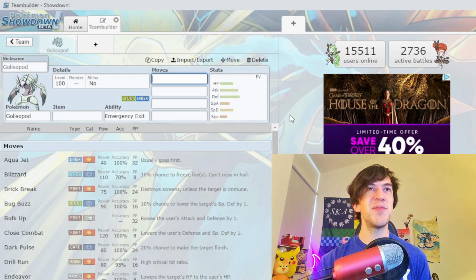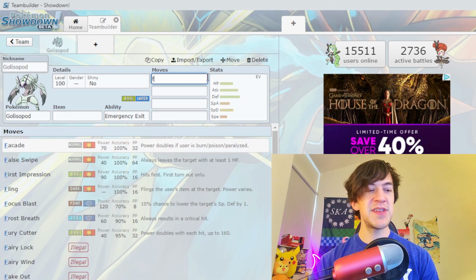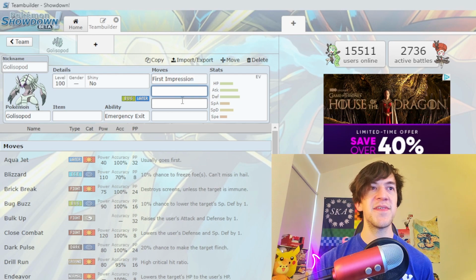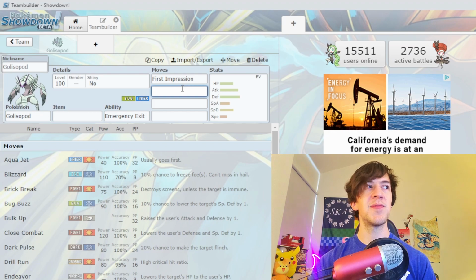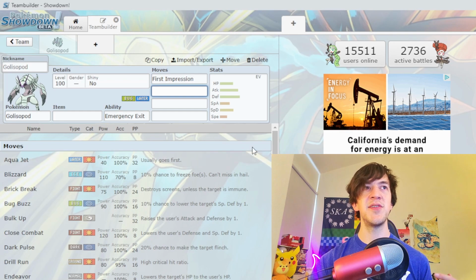You wouldn't think a bug type would be too good in the current meta, but because Groudon and Kyogre cores are so common, this Pokemon actually pairs really well and can operate really well in those type of meta games. First impression is a bug move that you'll probably run for sure that gives it priority only on its first turn, which again, like I said, could be good for hitting maybe like a Rillaboom or a Zarude, which if you partnered this with a Kyogre,